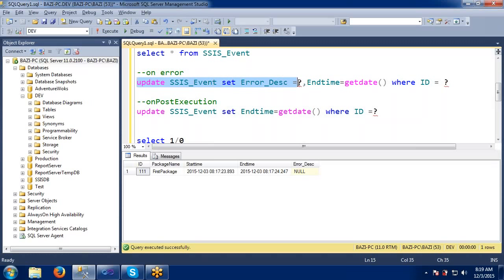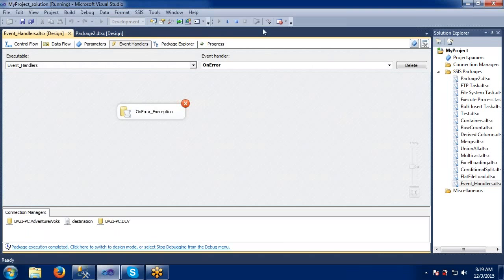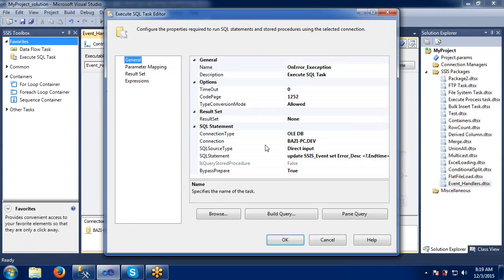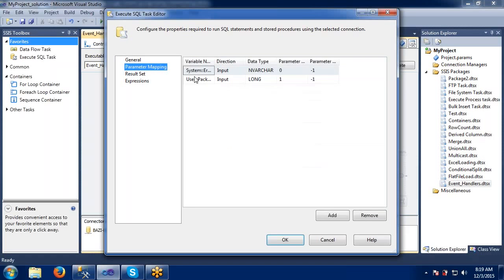On error, error description, end time, get date, where ID equals this one. Okay, got it here. See guys, here we have given 3 question marks, and we have given only two parameters. That's why it is saying one of the parameter values is missing. That's why it failed.